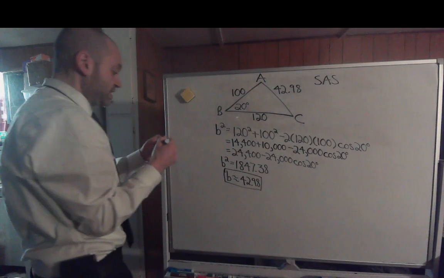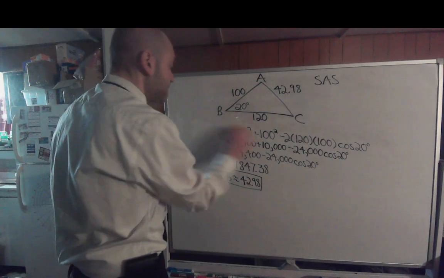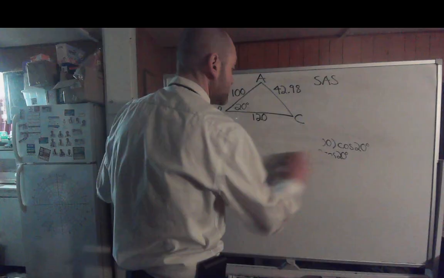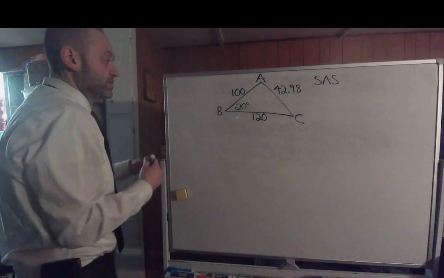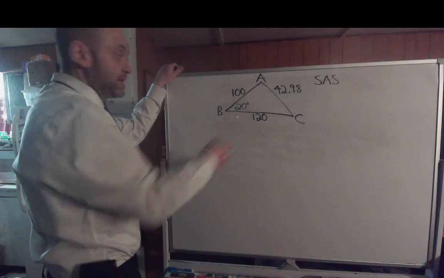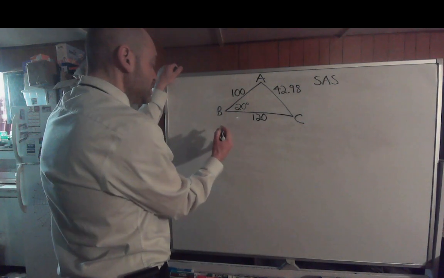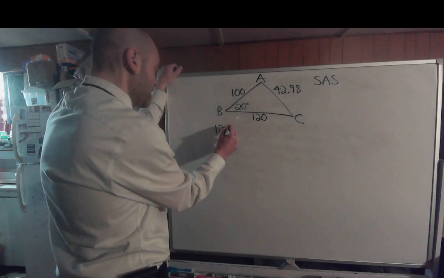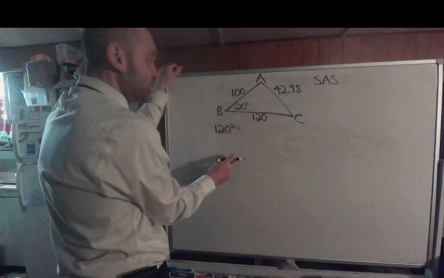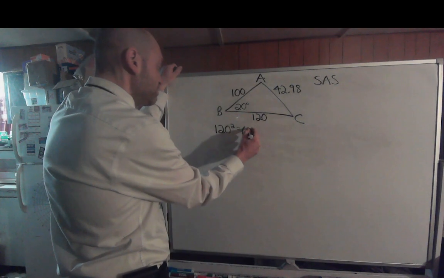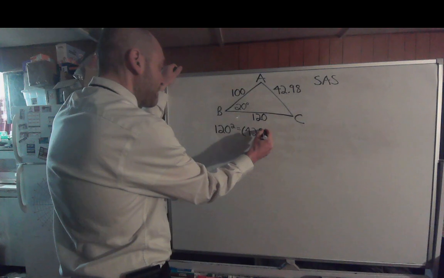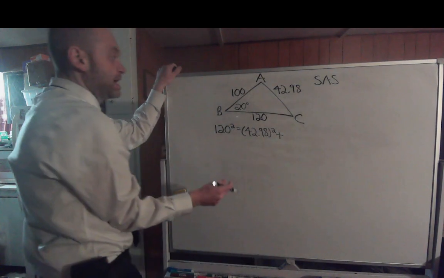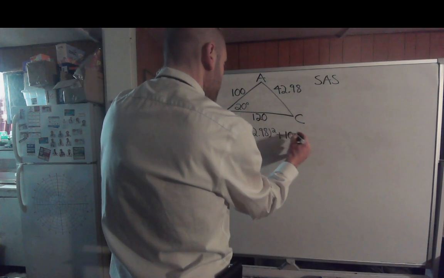So let's write that 42.98 up here. I'm going to erase this, and if you need to see it again, rewind the video because we've got to solve for the other angles. So take your pick. Let's find angle A. That means we need to take that A squared of 120 squared, set that equal to our B squared, which would be 42.98 squared, plus our C squared, which would be 100 squared,